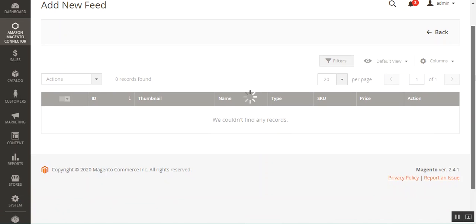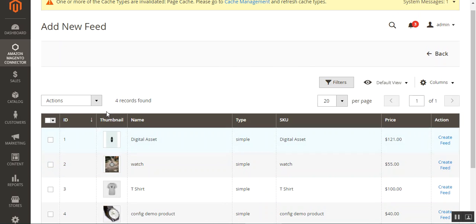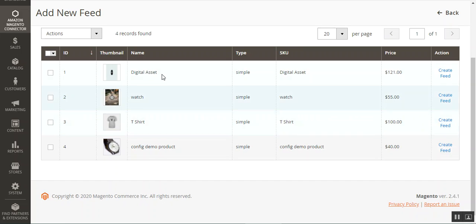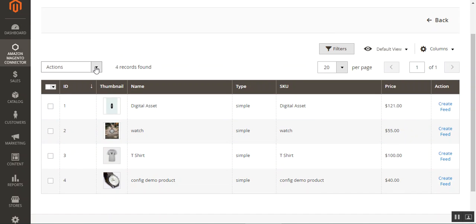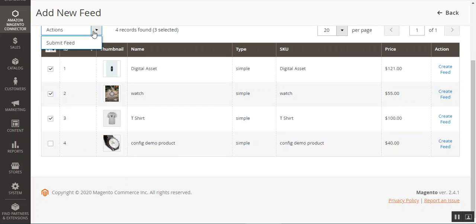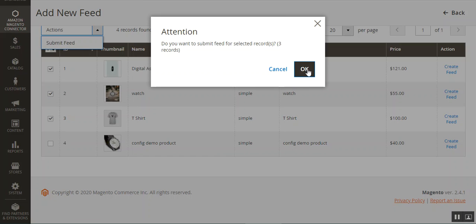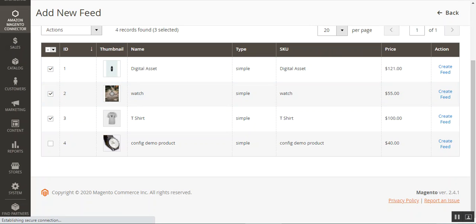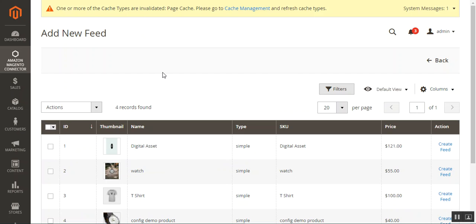And here the admin has the option to choose the products that he wants to set for the feed, and he also has the drop down here for the submit feed option. He can choose multiple products, choose the submit feed to do the same. And for example, now if we choose these and tap here on the submit feed, let's tap OK on the prompt there, and we are done creating the feed. Now let's go back,